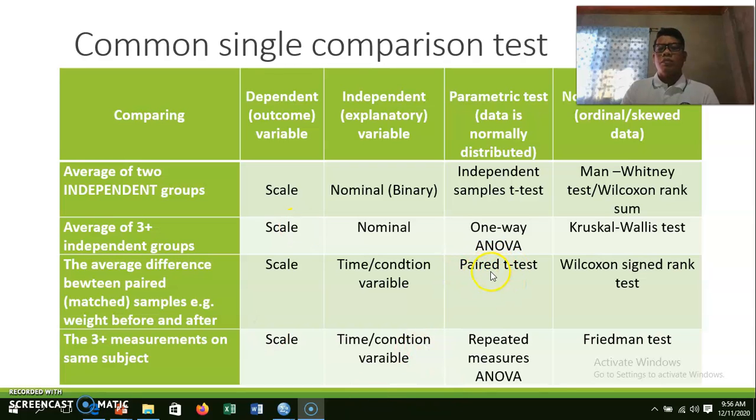Next is the paired t-test. So when do we use the paired t-test? The paired t-test is used when we want to test the average differences between paired samples. Example, weight before and after the activity. So for instance, we want to test if there is a change in your weight before and after the activity